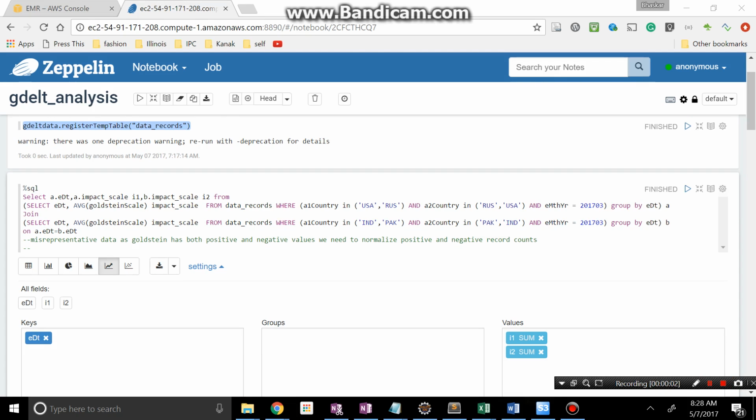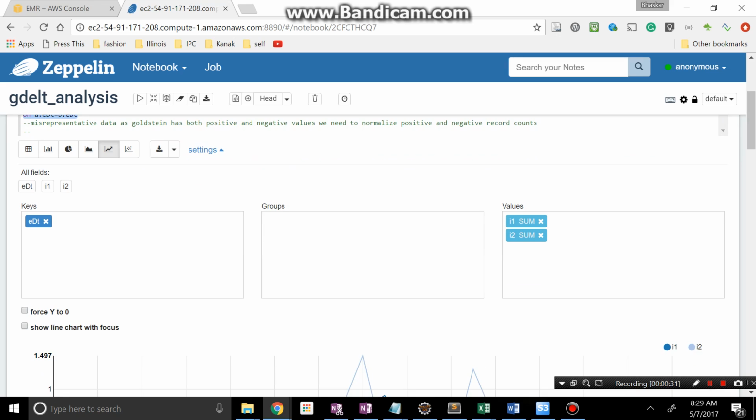Now let's take a step forward and look at this query over here. In the first select statement, I have figured out the relation between USA and Russia. In the second statement, we have evaluated the relationship between India and Pakistan. We have joined these two, and now we are trying to get the results out of it. By default, it's going to come like this,